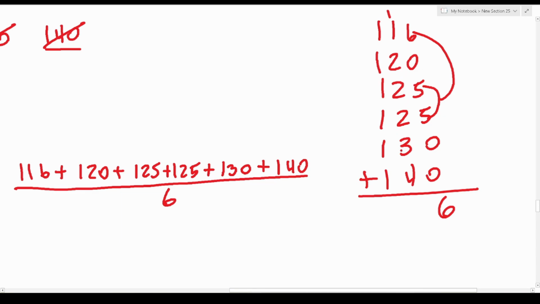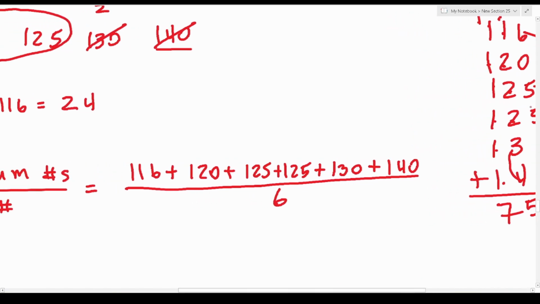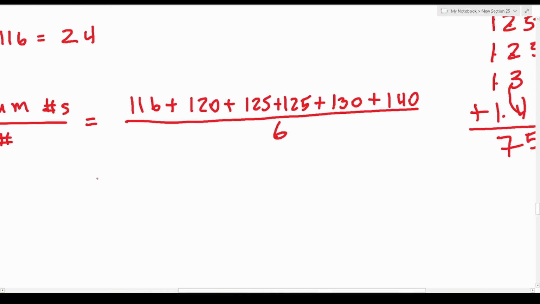Let's go ahead and work on this. 3 plus 4 is 7, 8, 9, 10, 11, 12, 13, 14, 15. So this is 15, carry a 1. This is 1, 2, 3, 4, 5, 6, 7. Okay. So this becomes